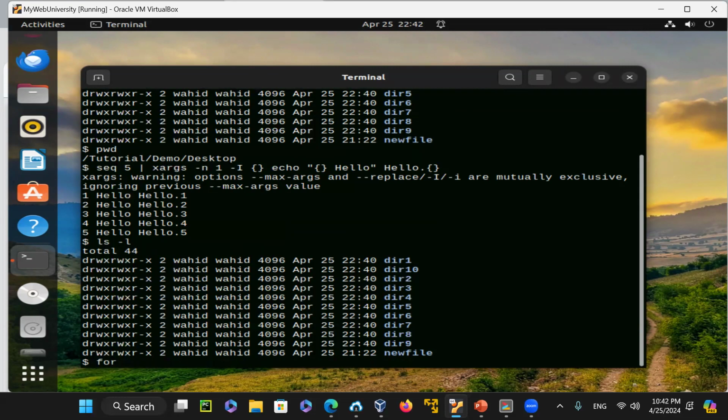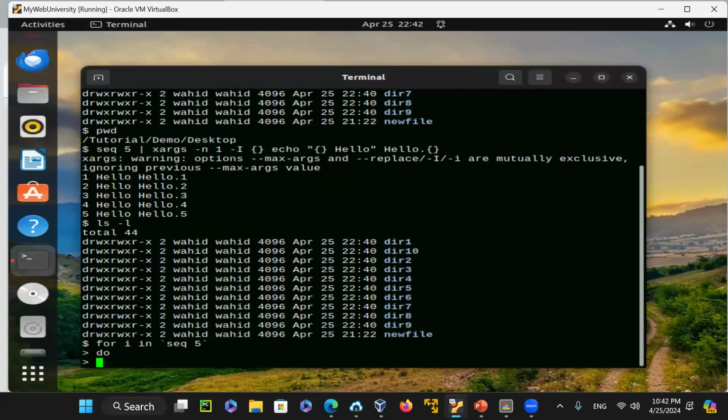You say for i in sequence, so a sequence of 5 in this case, and then say do, and then the command would be touch, or actually echo. We're gonna say the number $i, and then we say hello,